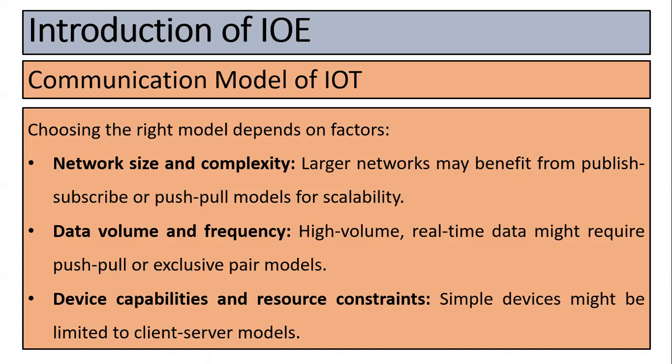तो वहां पे जो कम्युनिकेशन मॉडल यूज किया जा रहा है, तो अगर आपके पास एक IoT डिवाइसेस बना रहे हो जिसमें फ्रीक्वेंसी ऑफ कम्युनिकेशन चैनल और मॉडल बहुत ज्यादा है, और डेटा फ्रीक्वेंसी बहुत ज्यादा है, डेटा वॉल्यूम भी ज्यादा है और फ्रीक्वेंसी भी ज्यादा है, तो एक्सक्लूसिव पेयर मॉडल और पुश पुल मॉडल इज यूज्ड।